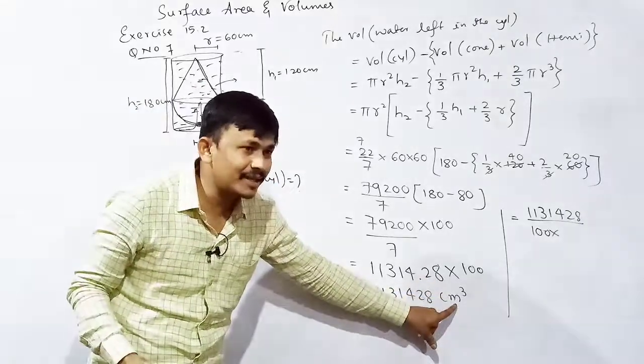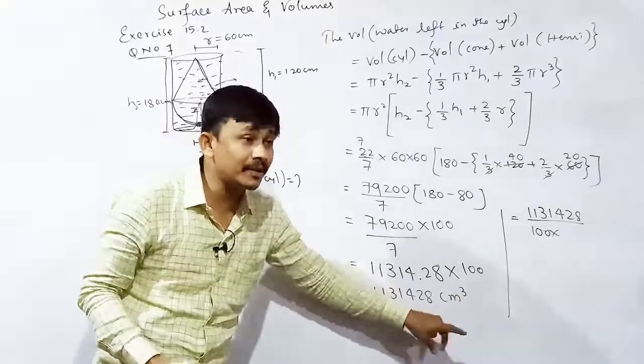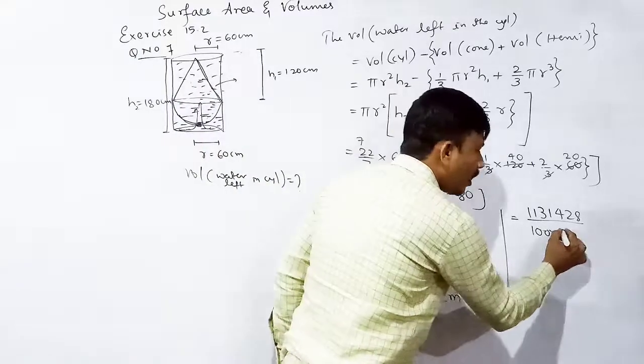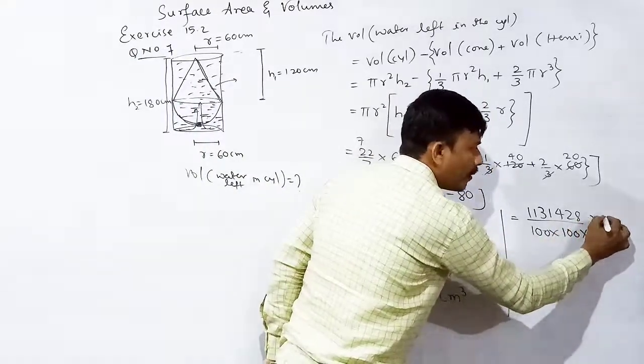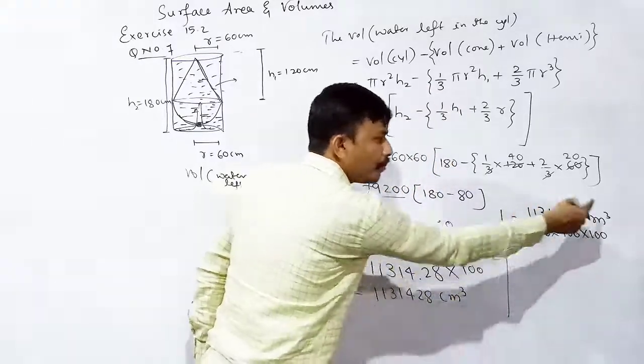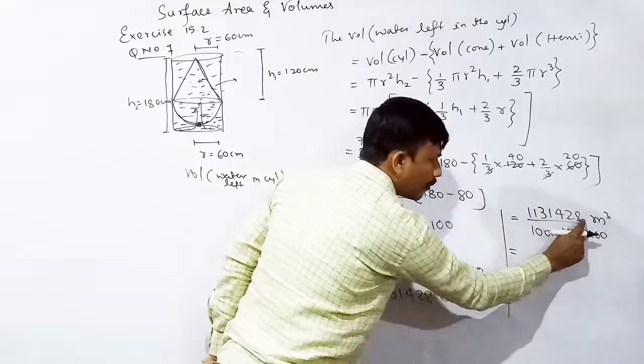Here how many centimeters are there? Centimeter into centimeter into centimeter, 3 times. 100 into 100 into 100, 3 times. It will convert into meter cube. This is equal to